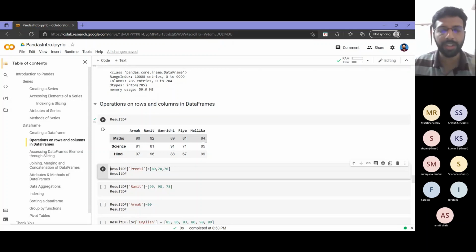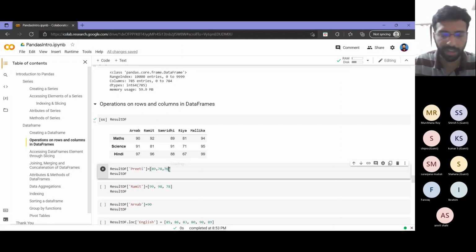Things like that, because those are the things that we will most probably want when we are working with some particular data. Now, suppose I have one more student called Preeti and I have marks corresponding to Preeti. So basically what I want to do here is add one more column. I can directly give the column name. This is similar to how we fill values in a dictionary. We put the key inside the dictionary name, followed by equal to value. Same way, for a column we have to give values.